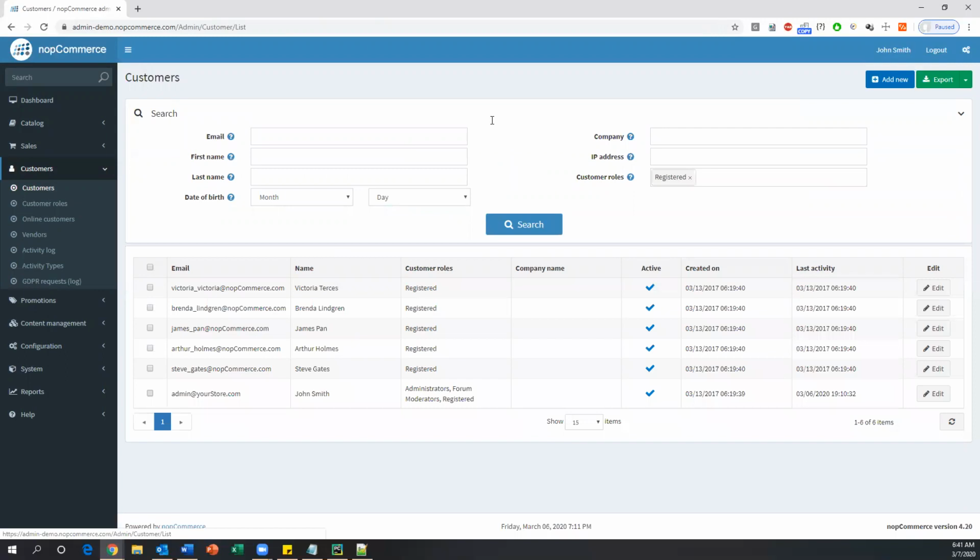After that, in this page we are not going to do anything, so we can directly go and click on the add new button. So this is the third element. Click on add new,